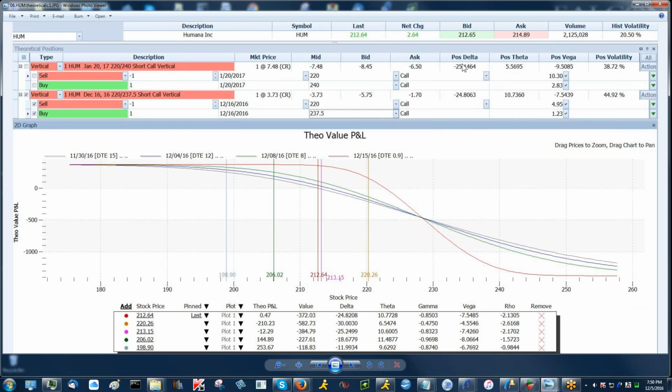And I did a little quick analysis. I looked at it and saw I had roughly identical delta here. But in fact, on the shorter duration, not surprisingly, the theta was going to be much greater. And also Vega, which is your enemy in a credit spread, because obviously you do not want to see volatility explode on you, because that'll make your spread more expensive. And of course, that's the enemy of your position when you're selling. So being able to reduce Vega a bit between these two